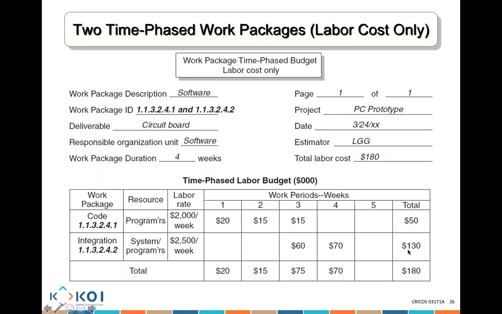If I'm spending $130 on integration, I need to know when I am spending the money: 60 and 70. So you can see here, I'm spending 20 for period 1, 15 for period 2, 60 and 15 for period 3, 75, 70 for period 4. So you need to know for every duration, for every period, how much money I need, to be able to compare what I planned to need versus how much money I have actually spent at a particular point of